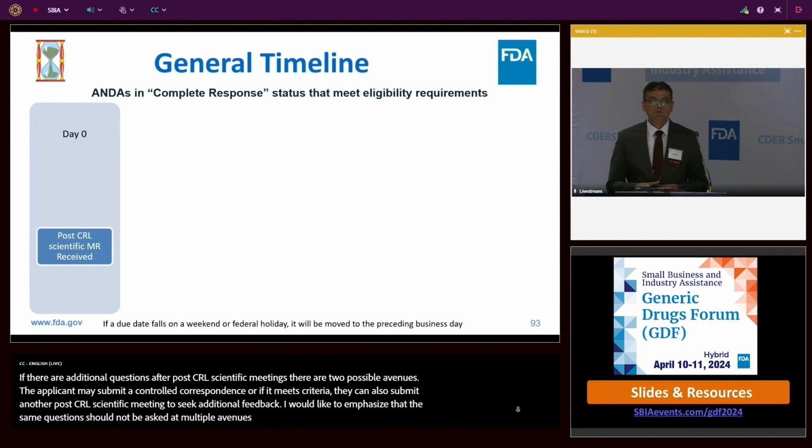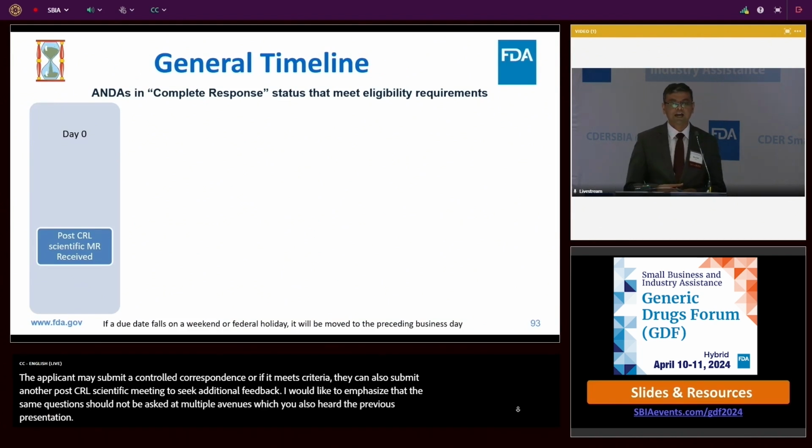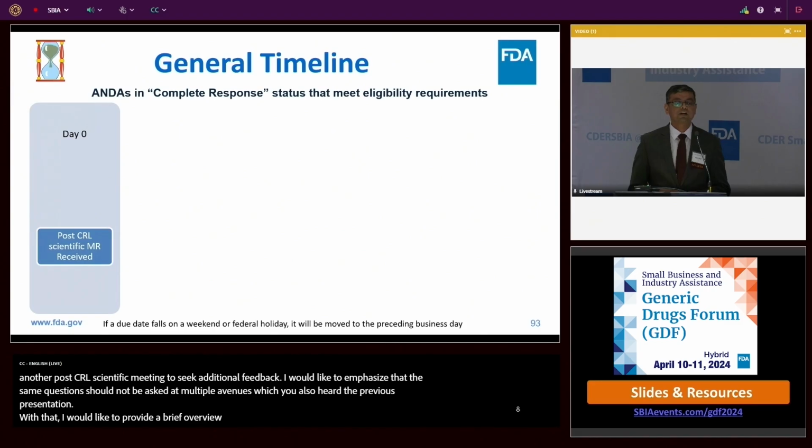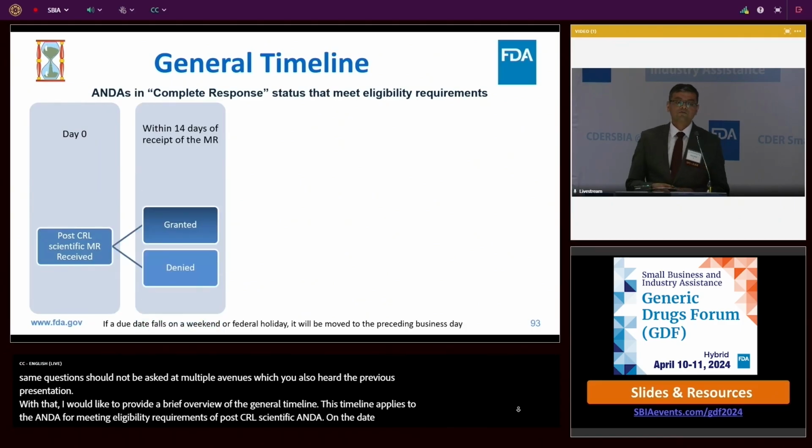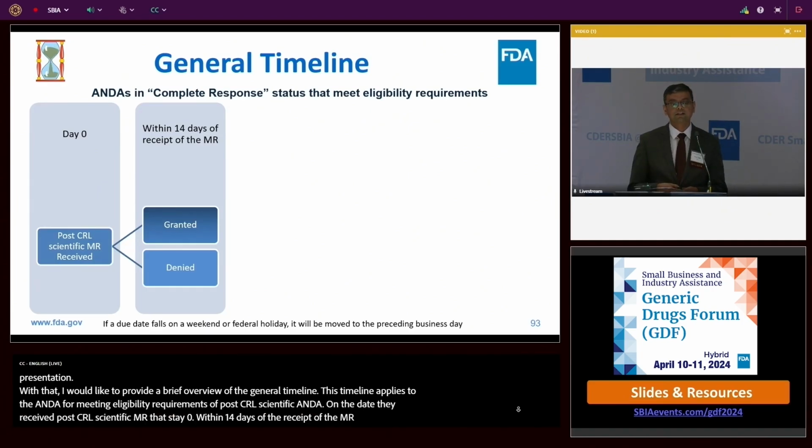With that, I would like to provide a brief overview on the general timeline. This timeline applies to the ANDAs in a complete response status that meet the eligibility requirement for post-CRL scientific MR. On the day the agency received the post-CRL scientific MR is considered as day 0. Within 14 days of the receipt of MR, the agency will issue the decision to grant or deny the meeting